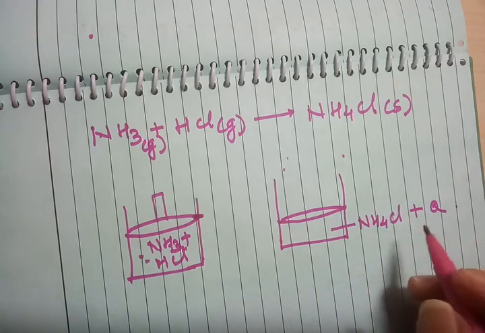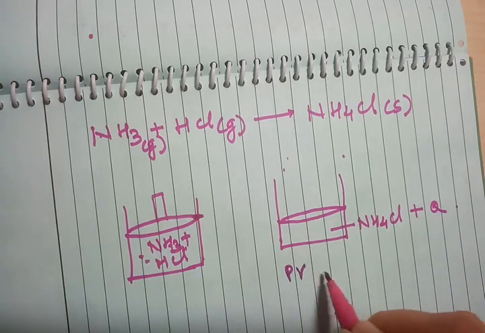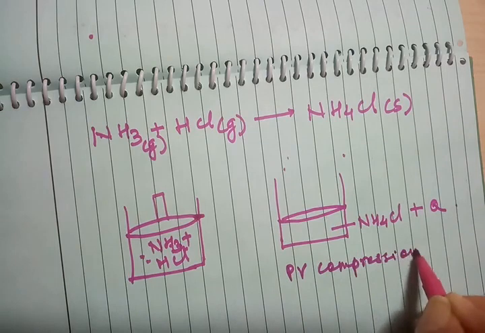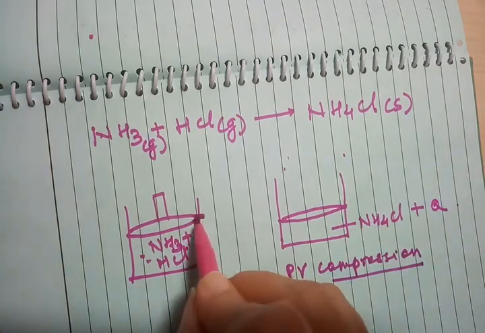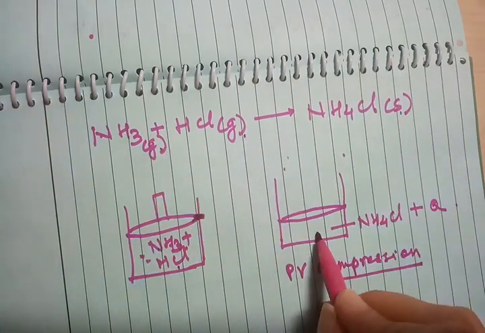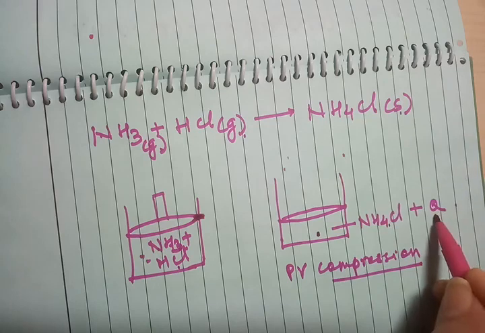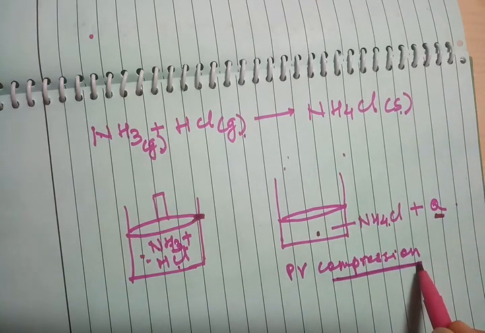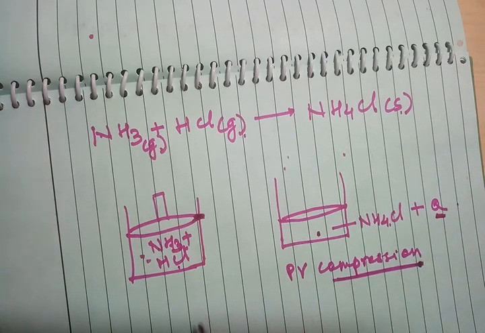This is PV type of compression work. This is PV compression. Now this is the initial volume. Both are in gaseous form. It is converted into a solid, plus some amount of heat is also evolved. When there is a compression of the gas, work is done